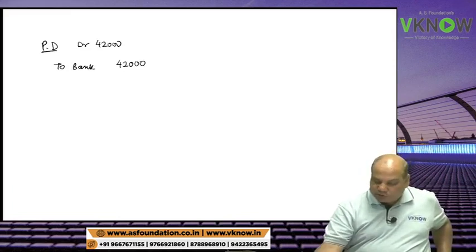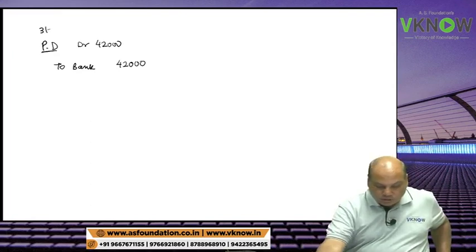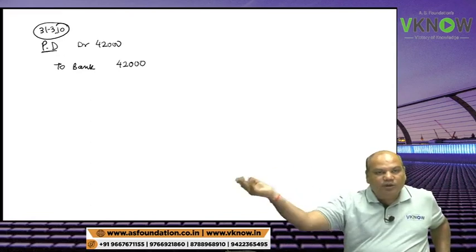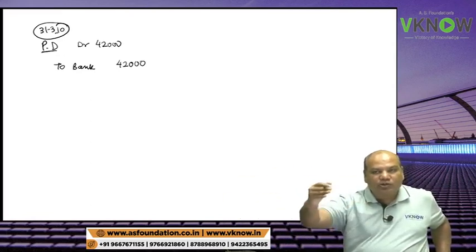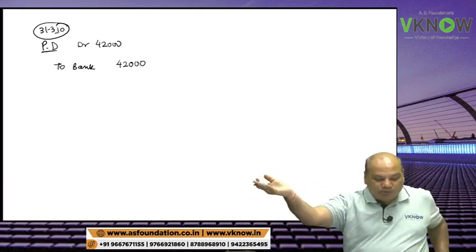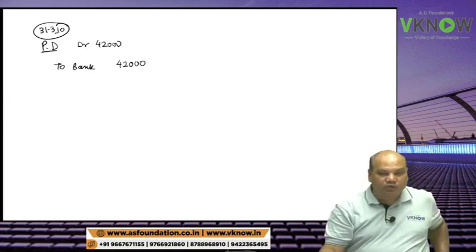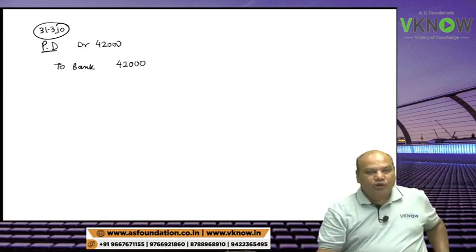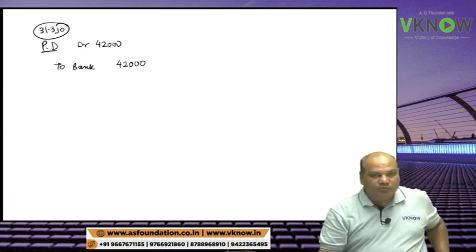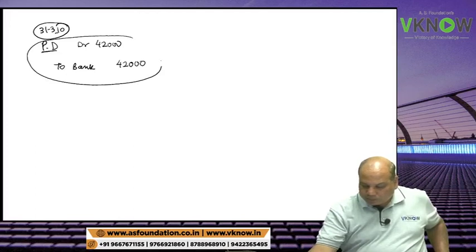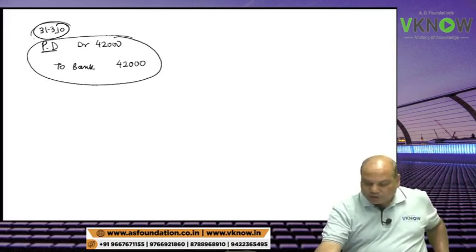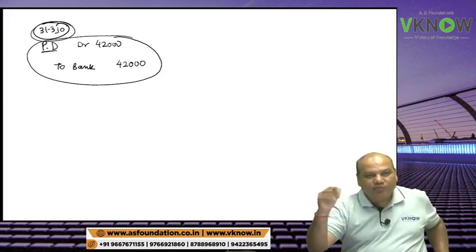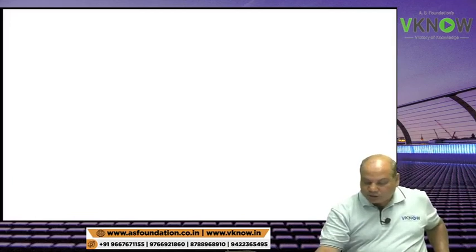So dividend which is proposed on 31st March 10, it must have been paid before 31st March 11. So we will always assume, if any other information is missing, the proposed dividend of the previous year has been paid, and